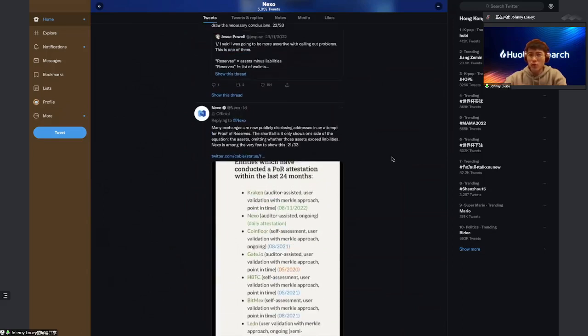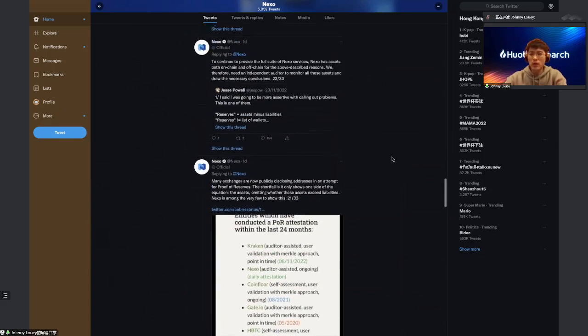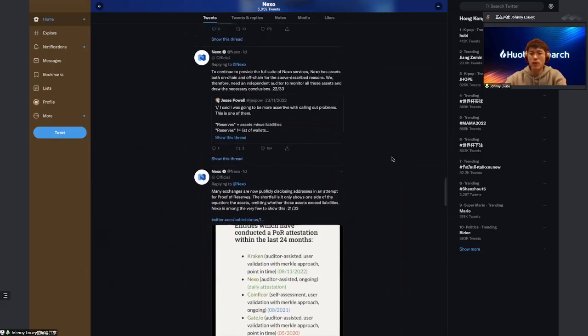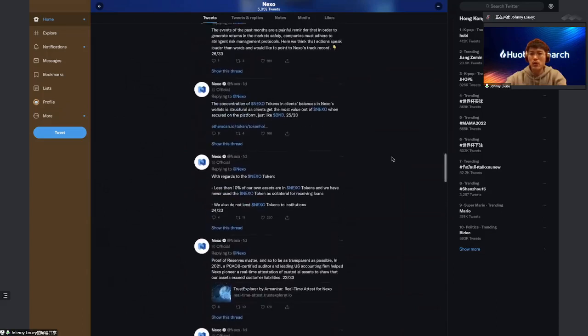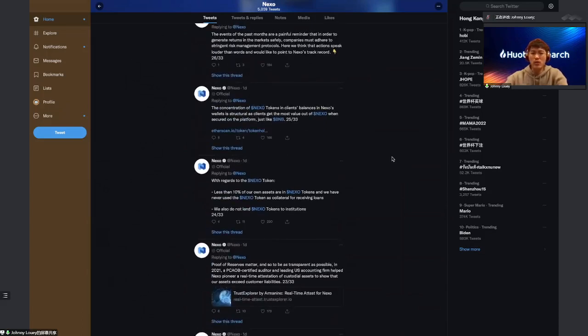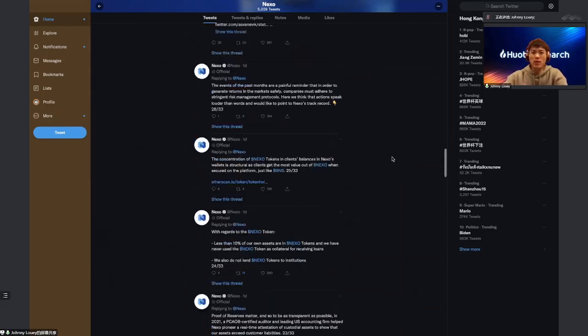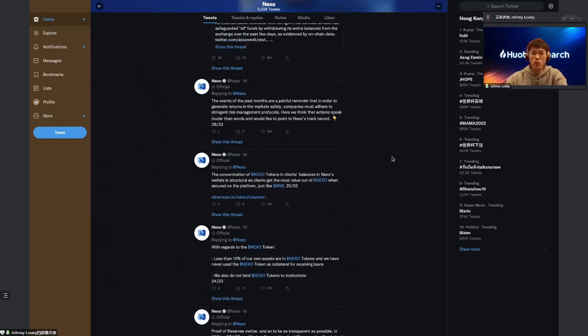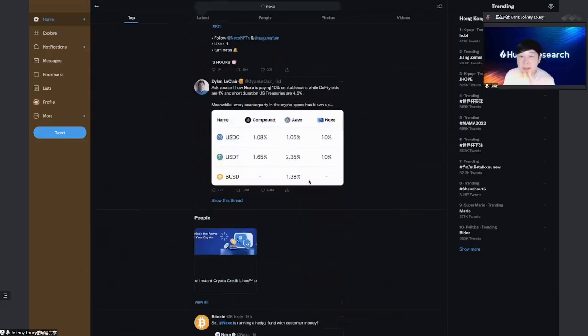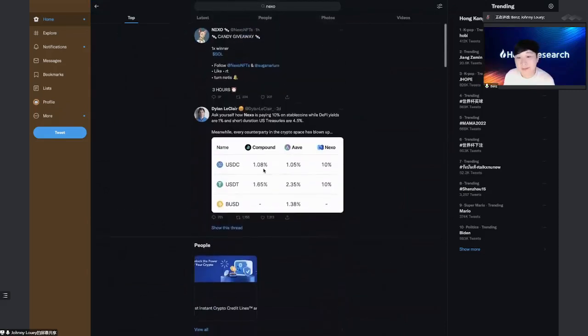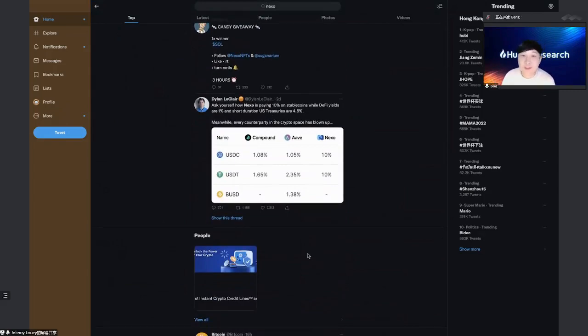I'm not saying we should not trust Nexo. I'm just saying that risk management plays a very important part in managing your assets and your investments, because there are times that a black swan could happen, just like FTX, and we cannot assure that once a black swan has happened there could not be another one. There could be another one, and there's a possibility that black swans can happen more than once, right? Yeah, I think Nexo is trying to stop the FUD about them.